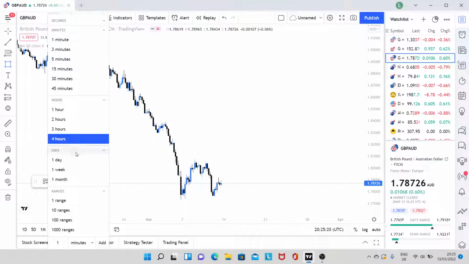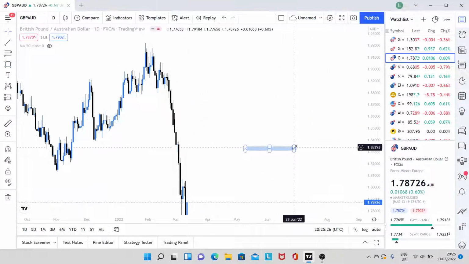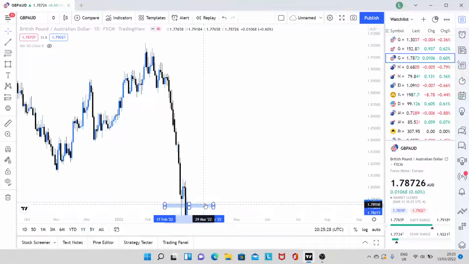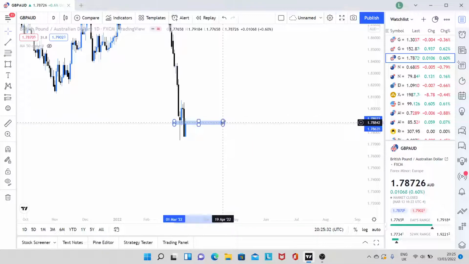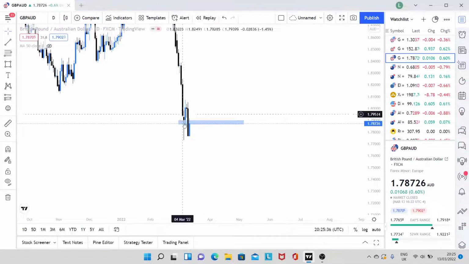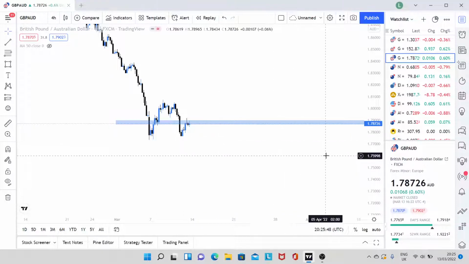GBPAUD, once again, if we go down to the daily time frame and see what's happening here. By the looks of it, we've got sort of a break and retest going on here. So we've got the push down, we've pinned above it, we've pushed up, not been able to push any higher, and then broken these previous swing lows. We came in to retest it on a daily candle, and we got some nice rejection. If we scooch down to the 4 hour, we'll be able to see this a little bit more clearly.